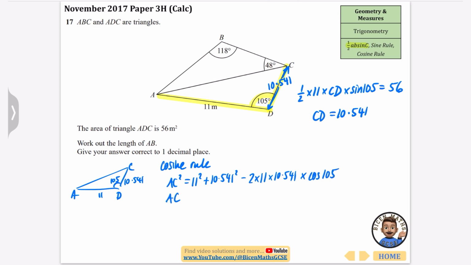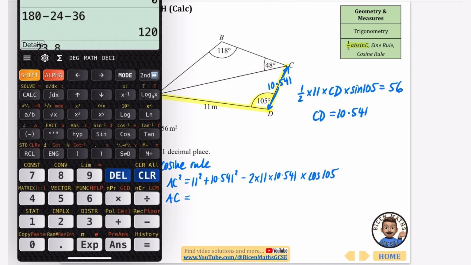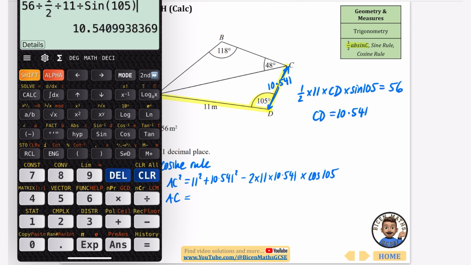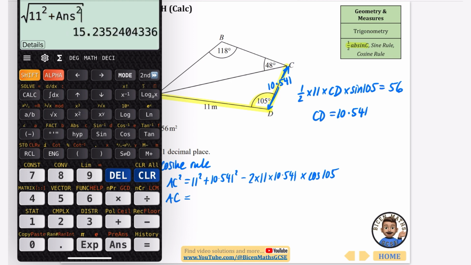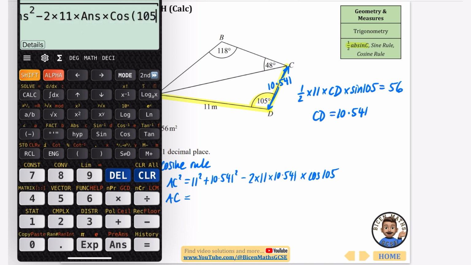Now I'm going to put that all on the calculator with the square root sign, but I'll save myself a bit of writing out. So I'm going to do the square root of 11 squared plus, now that's previously stored in my calculator as the answer, so I'm not even going to bother typing that in. I'm just going to write plus the answer squared, the calculator knows what we're doing, minus 2 times 11 times the answer times the cos of 105. So every time I've typed in answer, the calculator knows that I'm doing the 10.541. So this tells me that the length of AC is